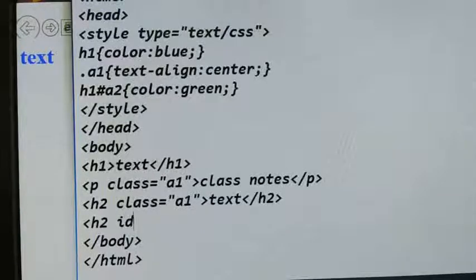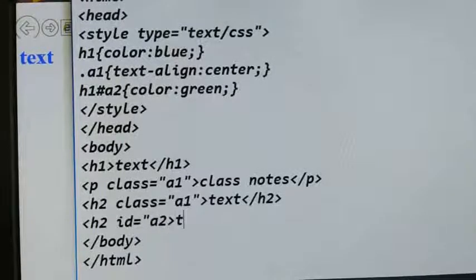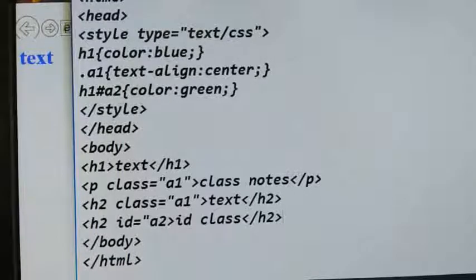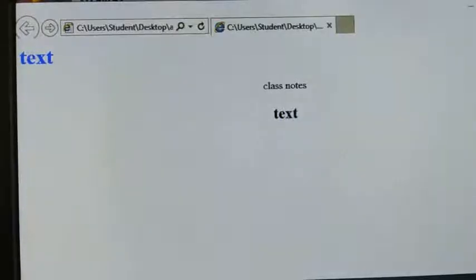What is the selector there? It is the ID selector. ID equals, what is the name of the ID? A2. This I am giving as an ID. It's an h2. Save it. Come to the browser window, refresh this.